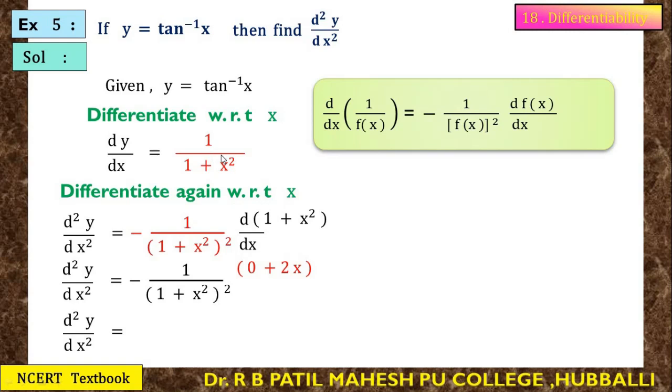So here you can see that it is very simple. With the quotient rule sometimes you will operate wrong. So this is very easy. If you have a constant numerator divided by any function, then you follow this. But you should check the function's power. Here 1 plus x square, what is this entire function's power? 1. Suppose if it is a whole raised to 3, then you have to follow the power n formula. So here it is minus 2x divided by 1 plus x square whole square. So this is the derivative of the given y function. I hope you understood, students. Thank you.